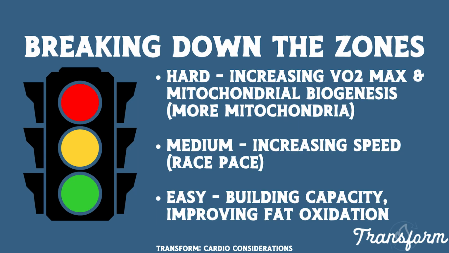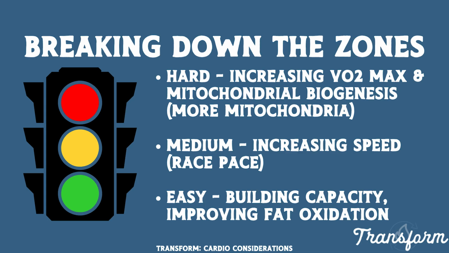So another way of thinking about the zones that's probably much more useful, because at the end of the day, the zones are all relative. They're kind of made up. They're just a useful framework to think of. There's no exact number for any of us. A useful way of thinking about it in that sense is just easy, medium, and hard. Easy would be zone 1 and 2. Hard would be zones 4 and 5. And medium would be, depending, zones 3 and 4.